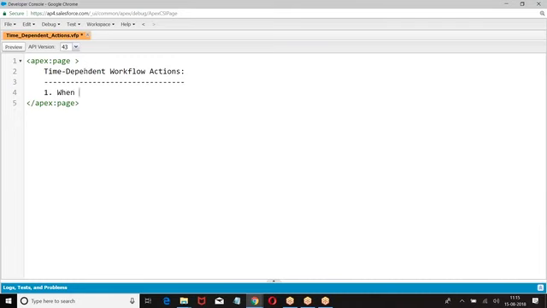When the condition or criteria is met, the action will be automated by the workflows.